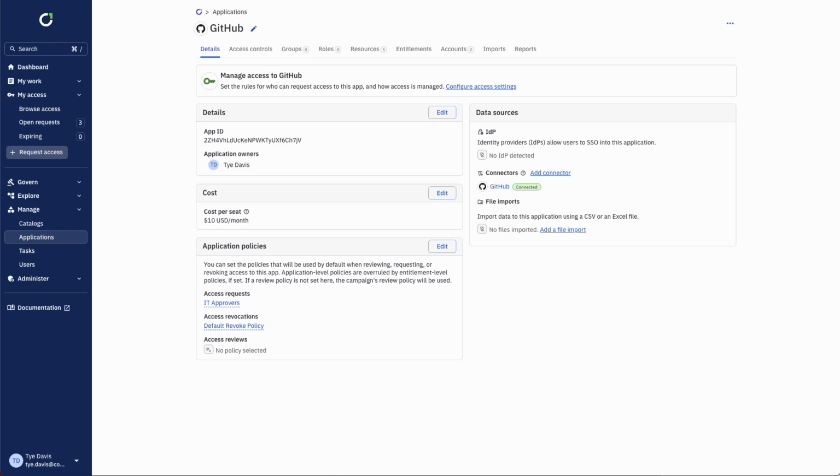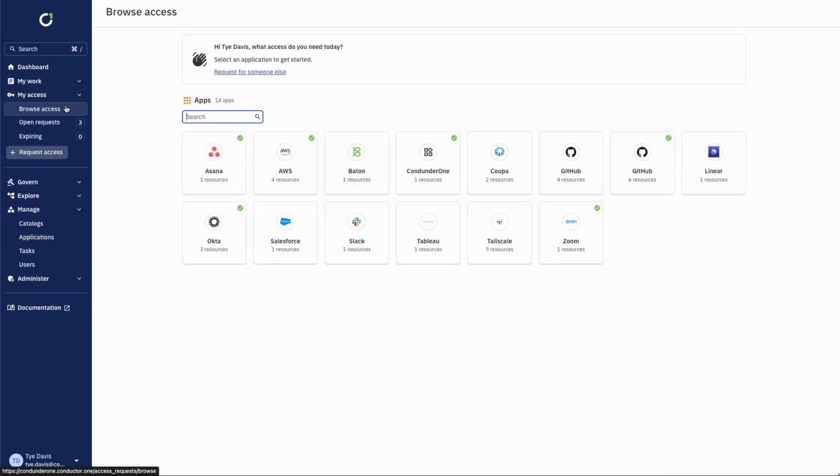ConductorOne provides identity governance and just-in-time provisioning for GitHub. You're able to integrate your GitHub instance with ConductorOne to run user access reviews, enable just-in-time access requests, and automatically provision and deprovision access. You can sync user identities from GitHub to ConductorOne, and the resources that are supported are